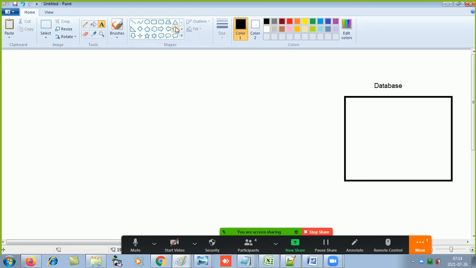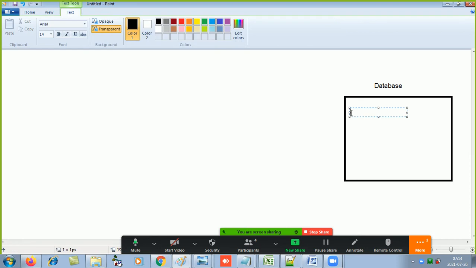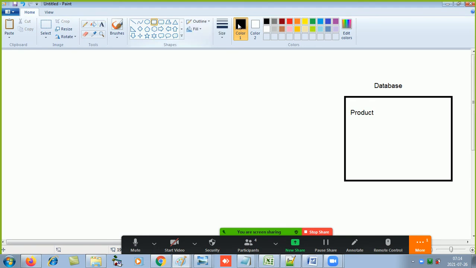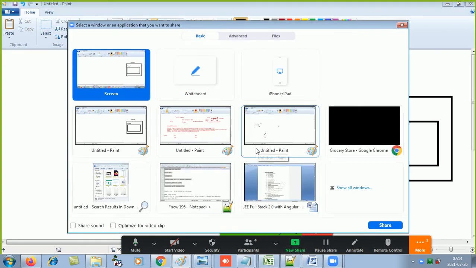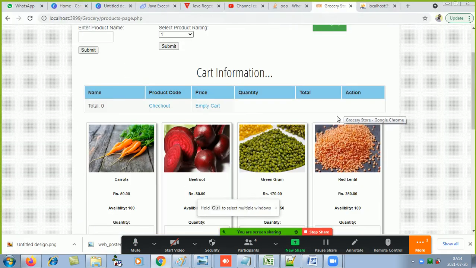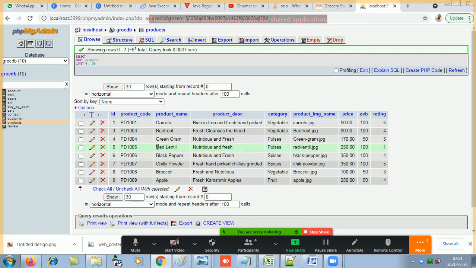In that database we have the details of all the products in a table format. So we'll have a product table, and in that product table we will have details of all the products which we can see over here. Do you all see this?